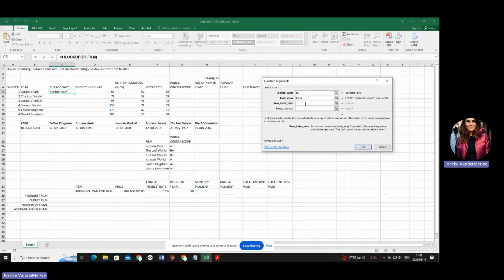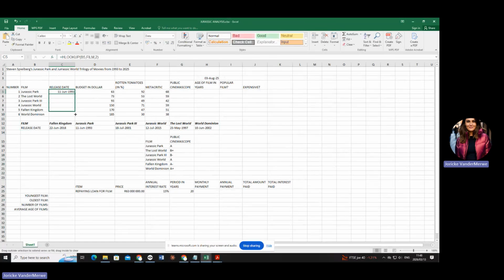And then what is the row index number? What is our answer supposed to be? The release date, which is in which row? The first or the second? The second, number 2. So I say okay, and then I can auto-fill.